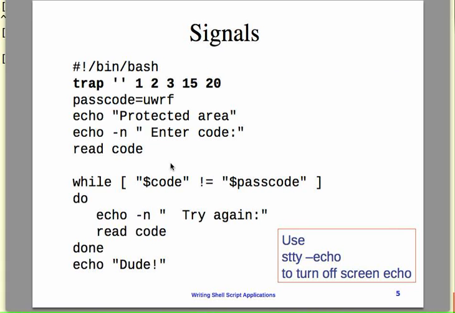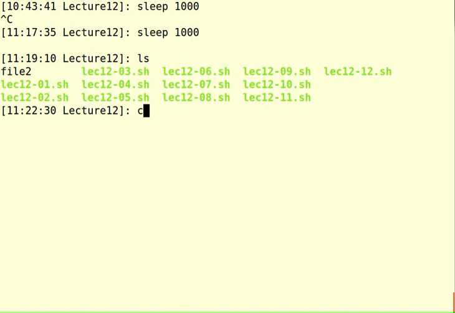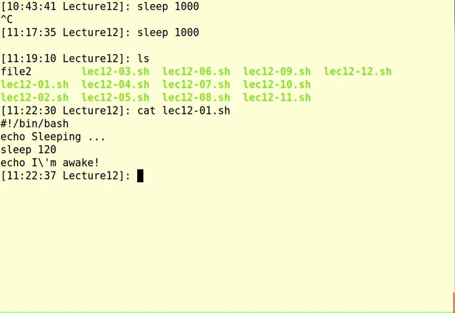So here is a simple example, but before we get to that, let's try a few simple scripts that I've set up. First one, I hope you can see this. All this does is it says sleeping, sleeps for 2 minutes, 120 seconds, and then says echo, I'm awake. So if you run this,